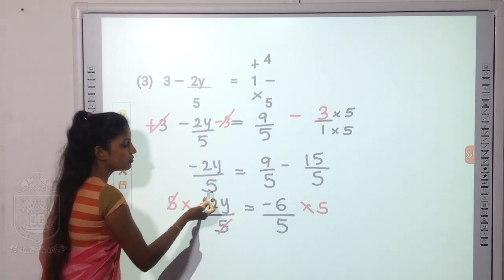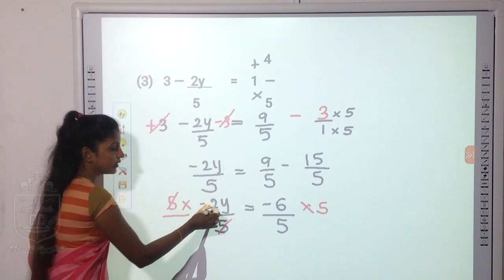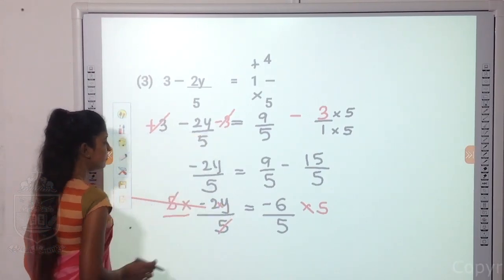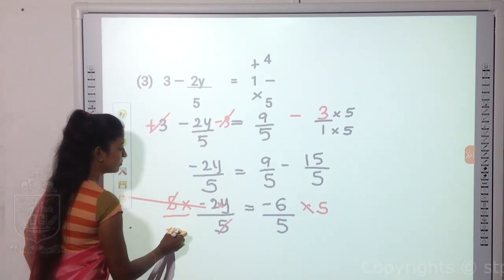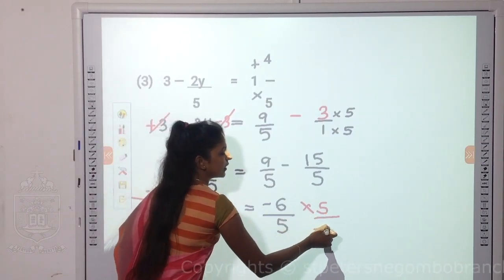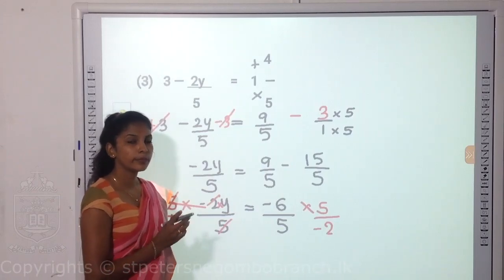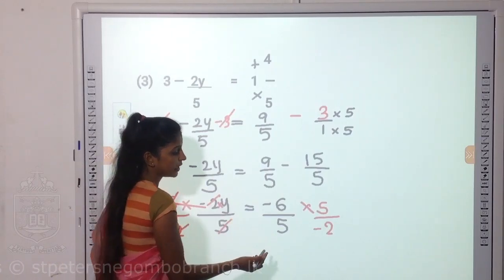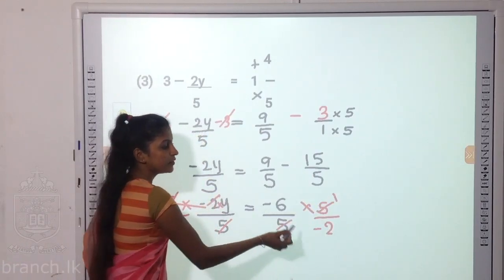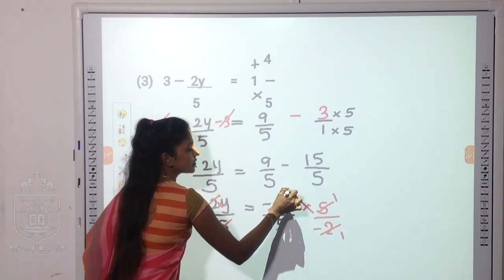Okay, next step is to remove this minus 2. In order to remove minus 2, I am going to divide. Since it is multiplication, the opposite is division. So I am going to divide by minus 2. So this minus 2 will cancel, and on this side also you are going to divide by minus 2. You know minus division will become plus, and you can cut the common multiples. Here 5, so 5 times 1. And even 2 and 6 can be cut. 2 times 1, and 2 times 3.